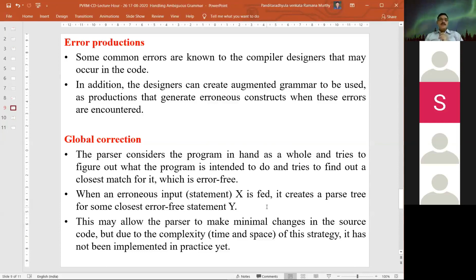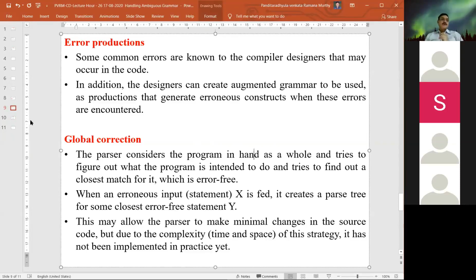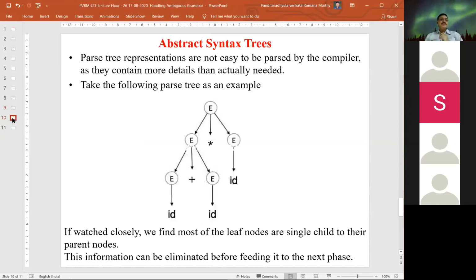But the only thing is we need to identify all possible statements. Then it becomes a little complex for this particular type of strategy. It has not been implemented in practice in many programming languages. We need to identify all possibilities, and sometimes it is not possible. We can handle these things in another way. We have a separate topic on abstract syntax trees, which are created using all these possibilities. We can create abstract syntax trees, which I will explain completely in the coming modules.